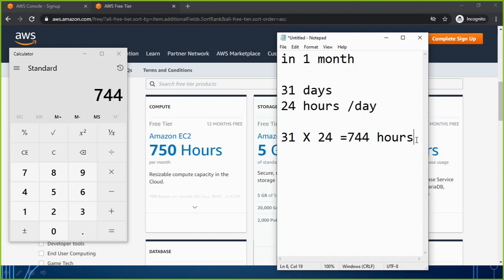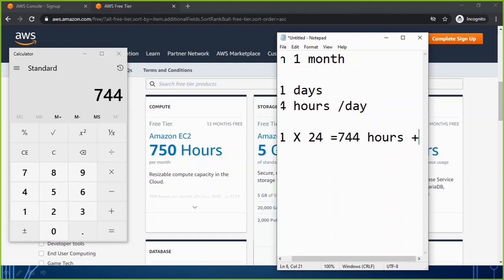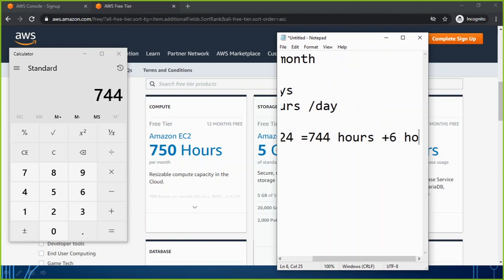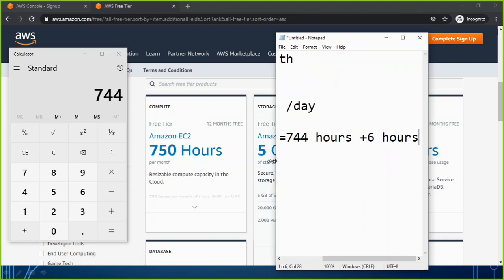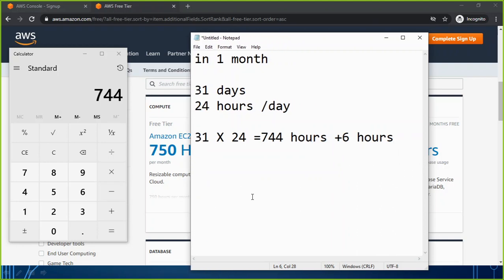They have some more hours in a month. Because of that, they may have some extra 6 hours. If I talk about those countries which are near the south pole or north pole of the earth, they may have more daylight time. So because of that, they may differ from what we have in India, in Asia, a specific zone, or maybe in the Africa zone. So because of that, the total hours can be 750 hours.